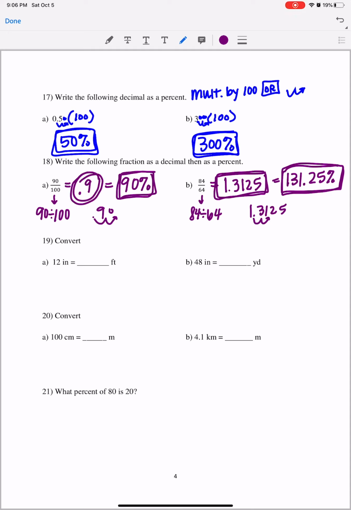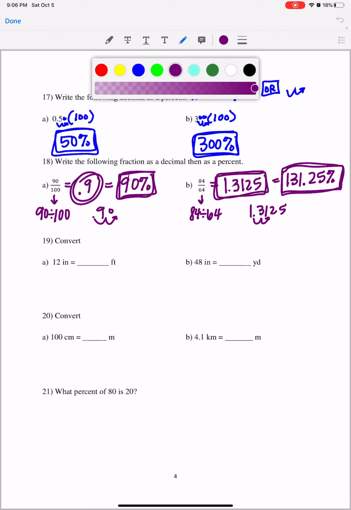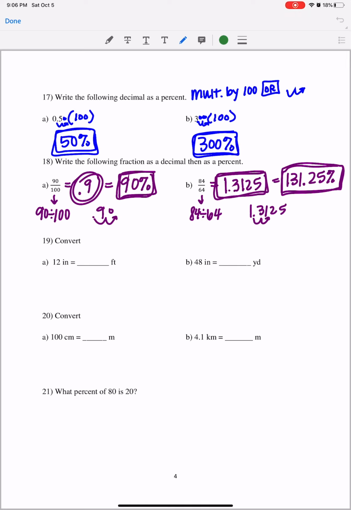All right, 19 and 20 we need to convert. Now, on this review, it doesn't give you your conversion. We're going to give you all of these conversions on your test. We want to convert 12 inches to feet. Now, hopefully this conversion you know, but we're still going to give it to you. We have 12 inches